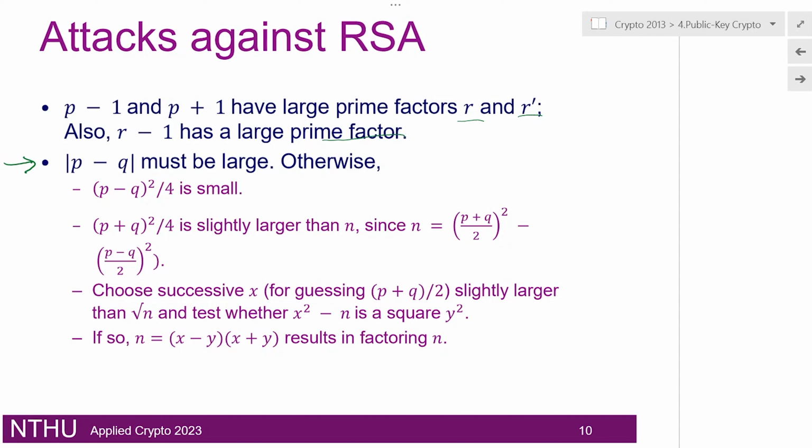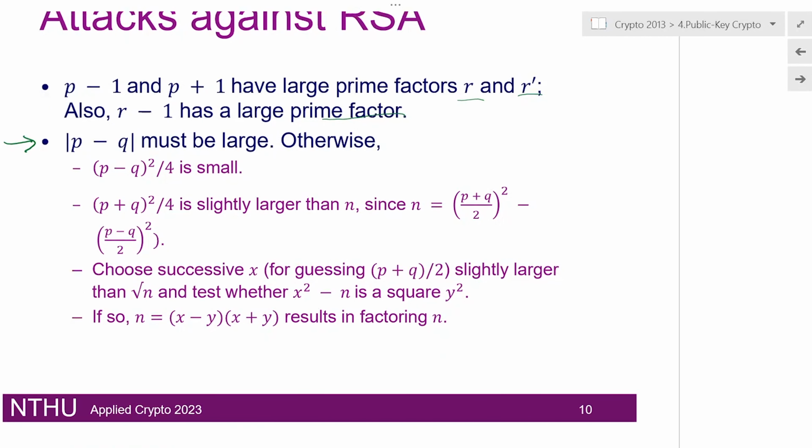So there is a situation here that it says that the P and Q should not be very close to each other. What happens if they are close? Then it means that the number of the bits in P and Q should be significantly different, right? So let me write this down. The number of bits in P and Q are significantly different, right?